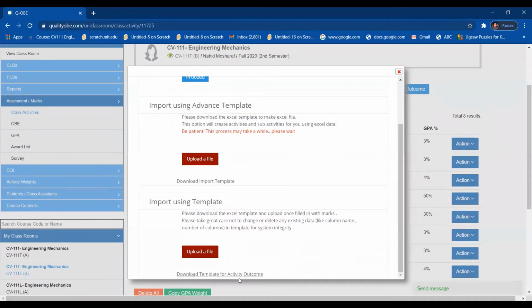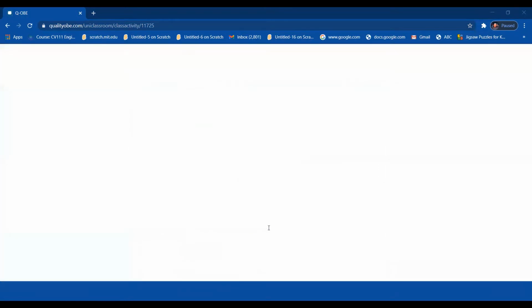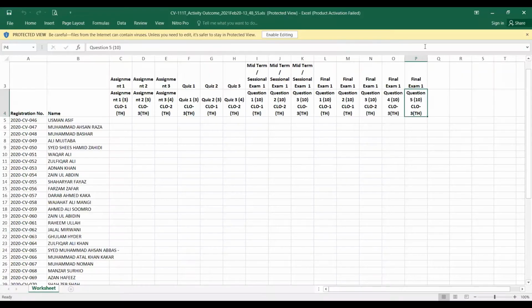What you have to do is click on download templates. First you download the template for activity outcome. When you click on it, the Excel sheet will be downloaded. Let me show you the sheet. First I click on this activity sheet, and this is the activity sheet you can see here.